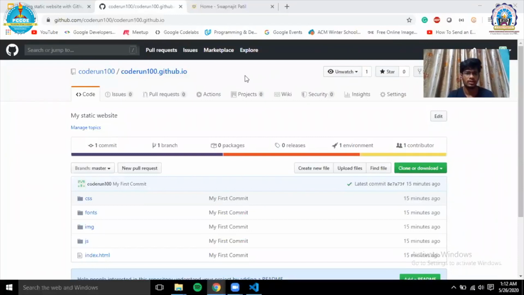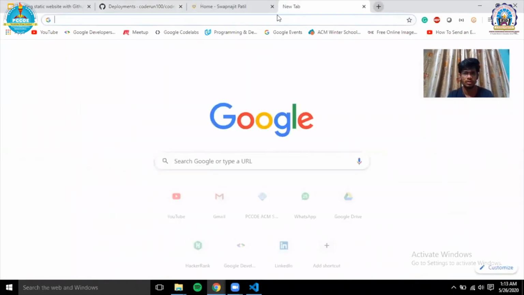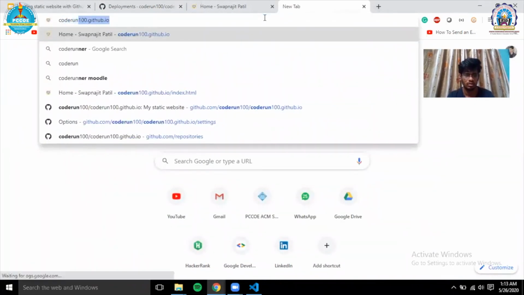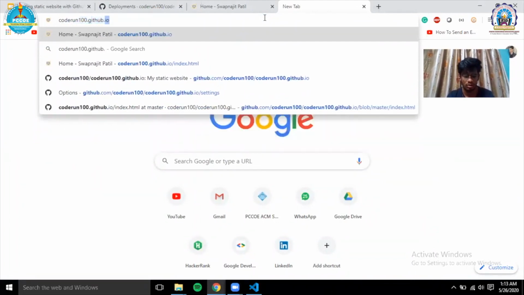Okay, so we are back after 10 minutes. Now we can go on to our website. That is, we will get the link from here itself. So we can see the status that our website is deployed. So we can go to a new tab and enter your link as you have entered your repo name. So coderun100.github.io.